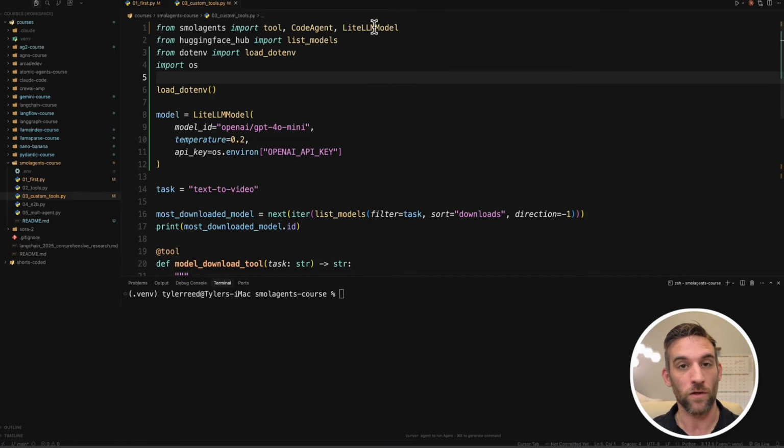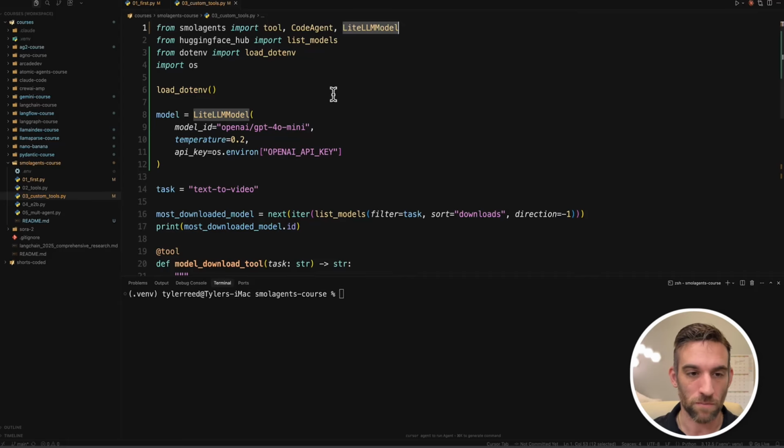Okay, so how you do this is that you're going to import the LiteLLM model from smolagents. LiteLLM is very popular for being an access gateway for different providers. So we're going to say LiteLLM model, we're going to create a LiteLLM model object. We're going to pass in the model ID, the temperature, and we're going to give it an API key. So this means that I went and got my OpenAI API key from OpenAI and passed it in a .env